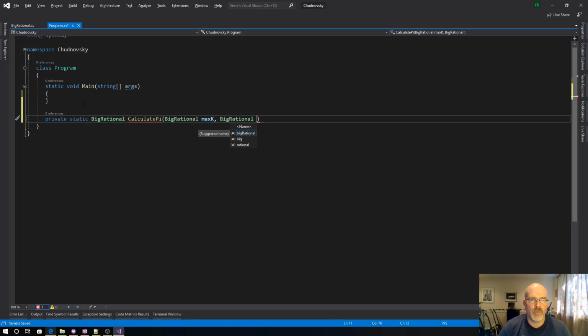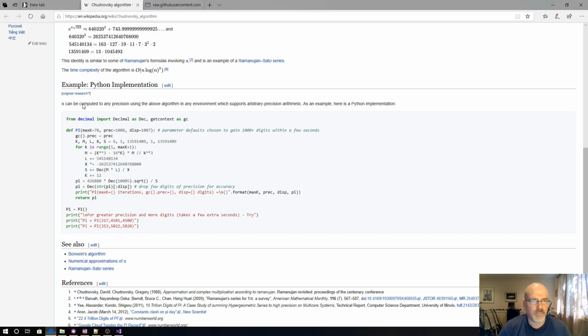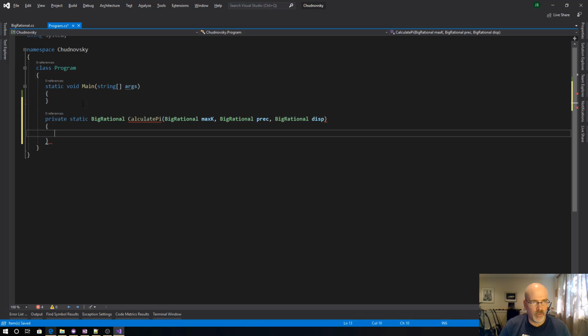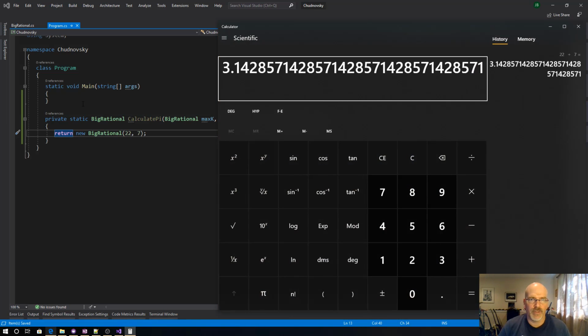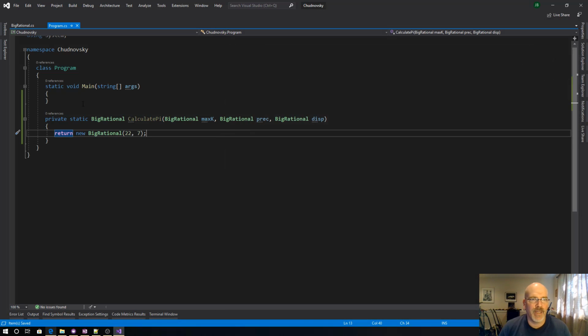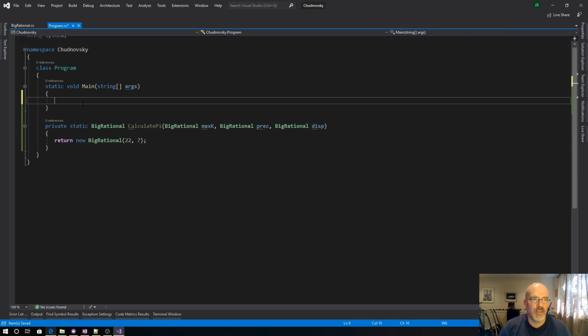BigRational prec, and I usually wouldn't call my variables this, but I'm just trying to follow what it's doing. We'll just say return new BigRational of 22/7. By the way, if you don't know what I'm getting at, 22 divided by 7 is a very rough approximation to pi. That's why I'm doing that. So if I say Console.WriteLine CalculatePi,